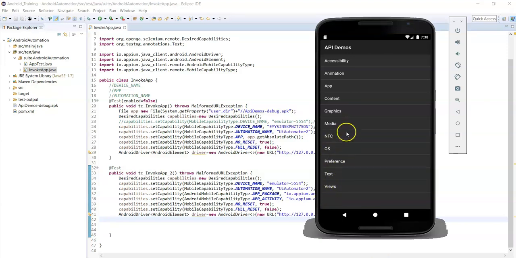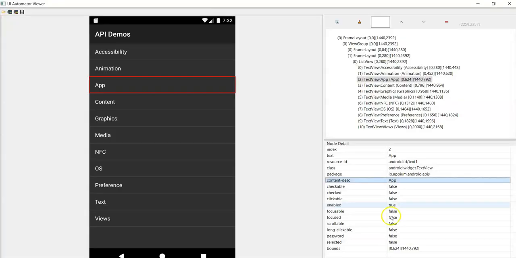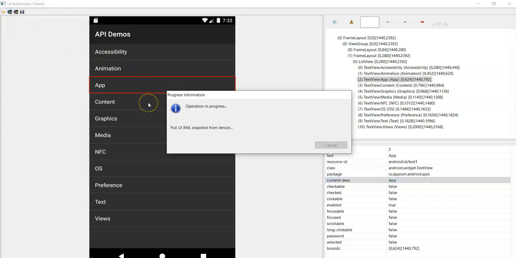In the Views screen, you need to identify the locator for buttons. So simply navigate to this Views page and then click on device screenshot again. It will capture the screenshot of the currently opened window in your device or emulator.